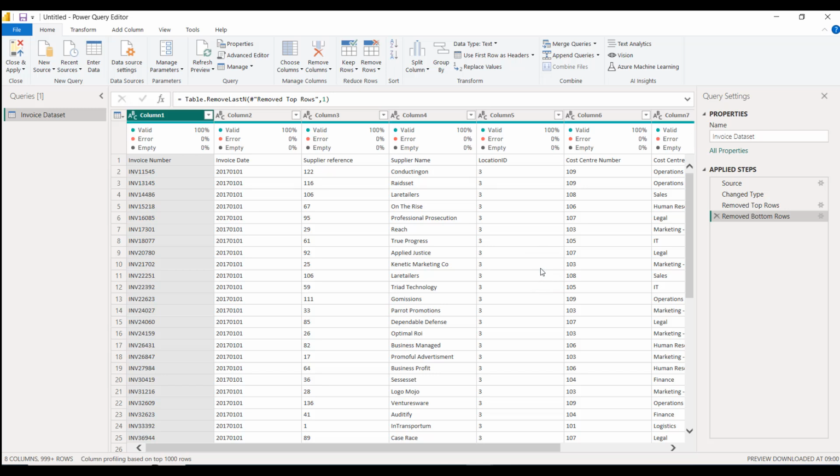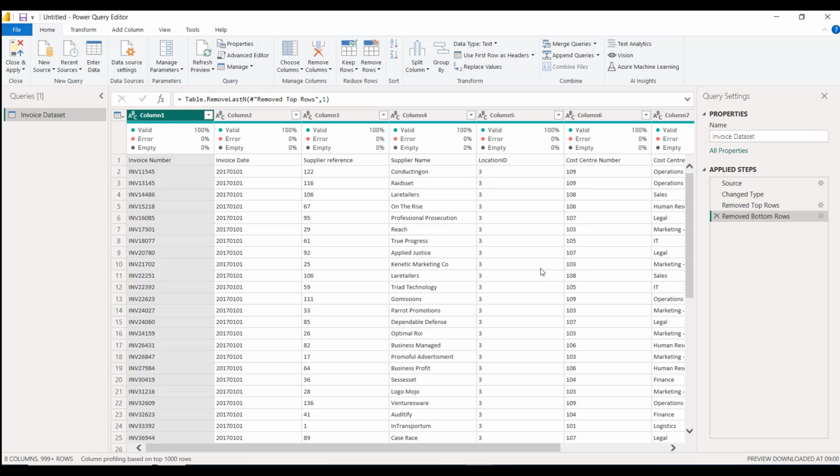Now the next thing we want to do is promote our header row, which is currently in row 1, and put it into the headers row. Now this is really important, as when we get to the report view and the data model, we're going to need to reference particular columns, or at least know what's in them. And that's pretty hard if our columns are just called column 1, column 2, column 3, and so on. So we want to replace the headers or titles of columns 1, 2, 3, 4, and so on with the headers that were in our original dataset.